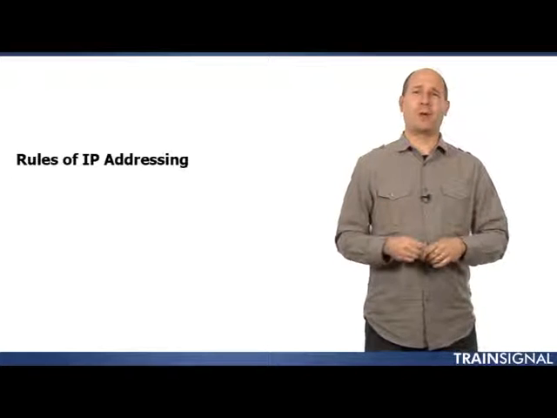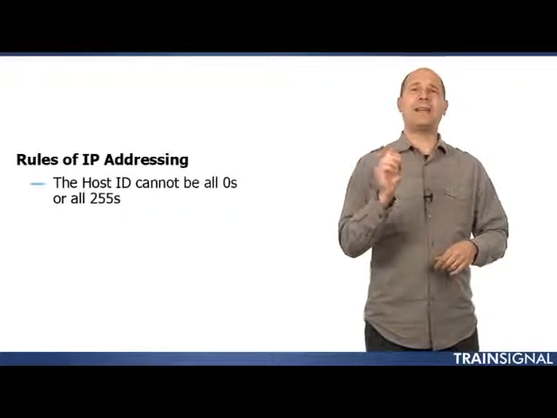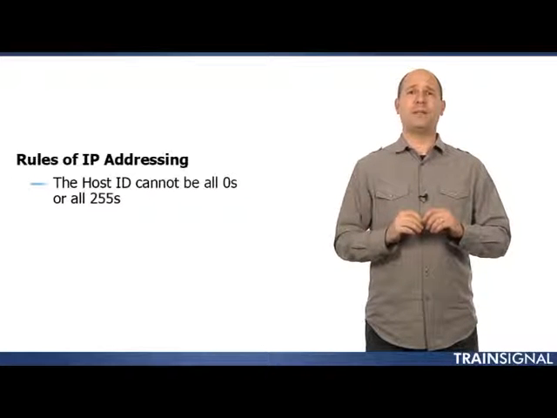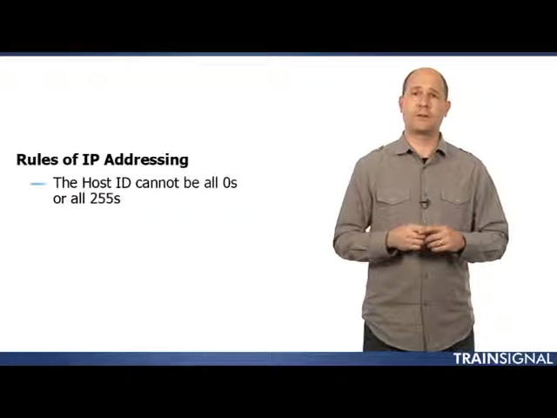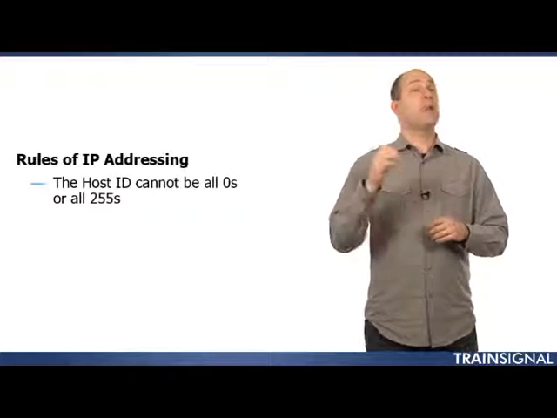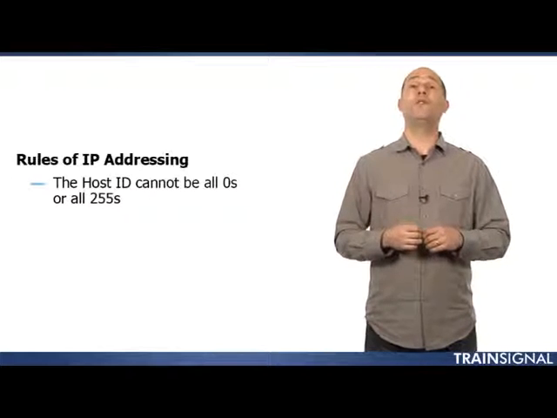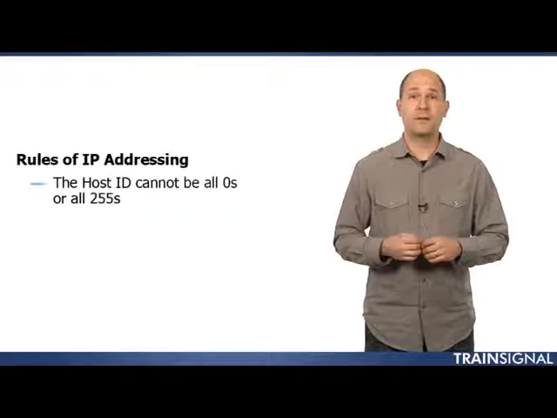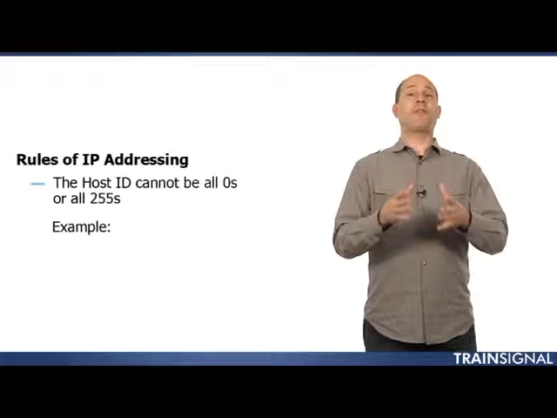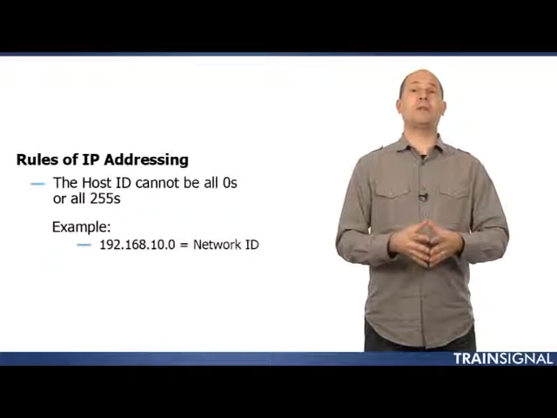Now let's get back to another rule. The host ID, okay, because remember, the IP address is divided between the host ID and the network ID. Well, the host ID portion cannot be all zeros, nor can it be all 255s. Now, an example of this is if you ever see the IP address